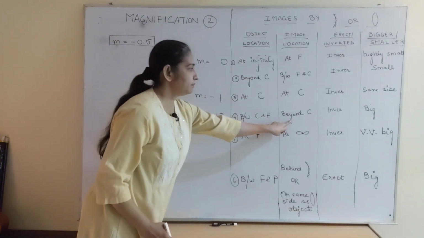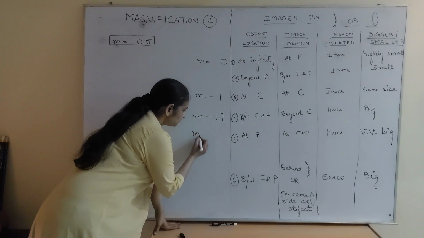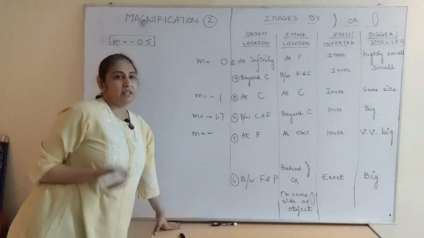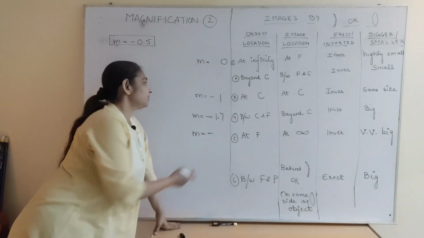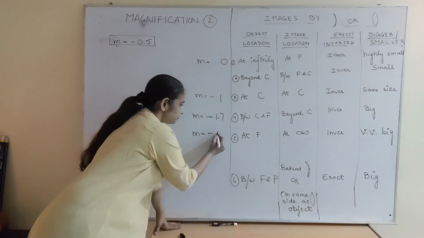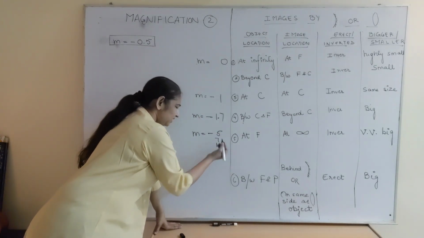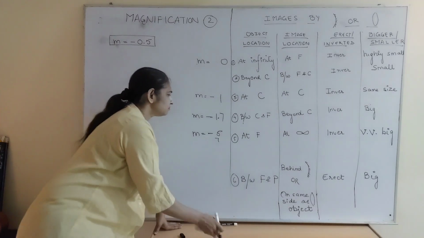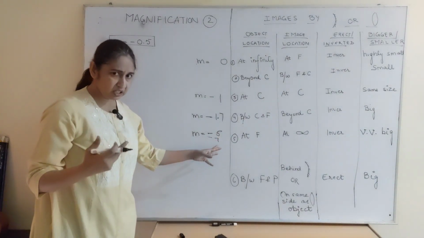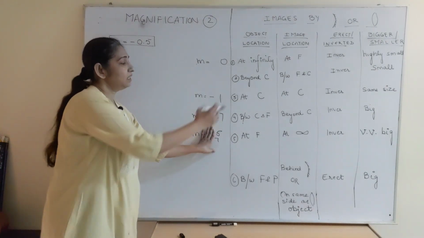Between C and F, where will the image form? Yeah, see. Okay. But suppose again it is inverted, which means it is highly magnified. That's what we say. Highly magnified means 1.723 won't do. Maybe it is 5, maybe it is 7, something like that. There is no 10 as such, but okay. So if it's a number bigger than 3, then it is